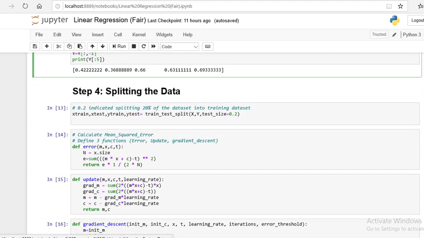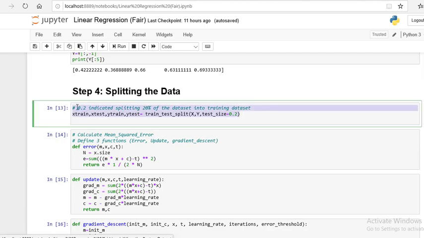The next important step is splitting the data into training and testing. So the first step was importing libraries, the second step the data sets and how to view them, the third step how to add the target, the fourth step how to calculate the correlations between the attributes and the target, then normalization, and following that splitting the data into training and testing. This is the code for splitting the data set into train and test.